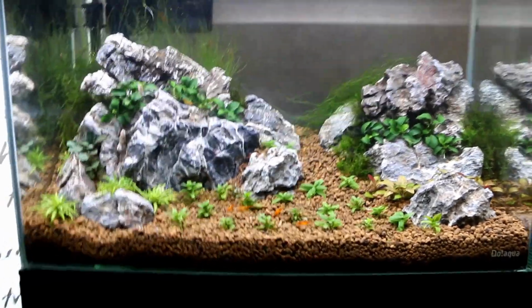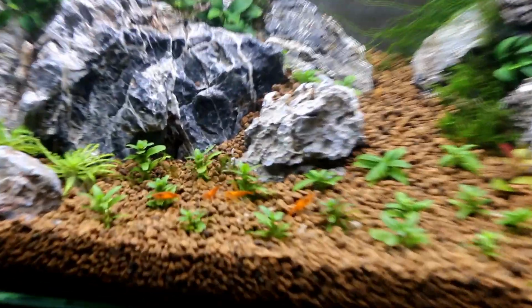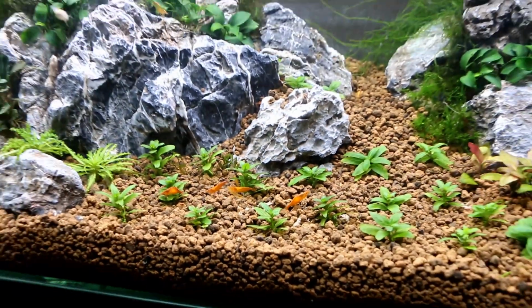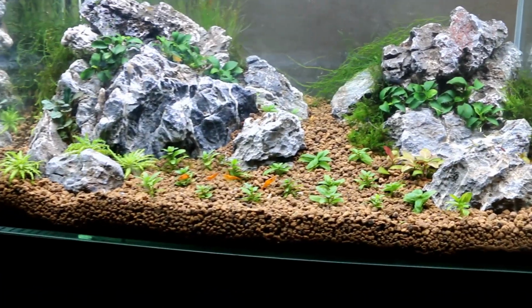All right, guys, so fast forward to the next day. All the orange neos are hanging out, looking really good here in the front of the tank. I just fed them. They're probably still working on some of the food down there. But I did make a couple changes to the tanks, but before I talk about that, I wanted to also